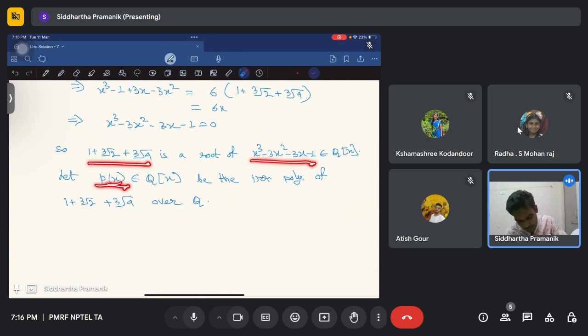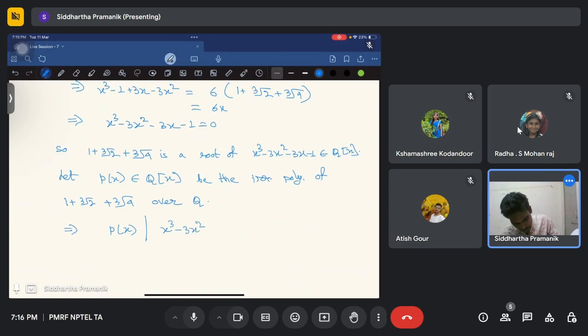So p(x) must divide this polynomial, right? That will imply p(x) must divide x cube minus 3x square minus 3x minus 1, because both these polynomials